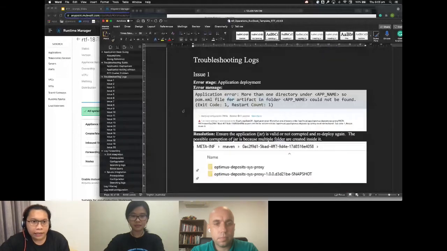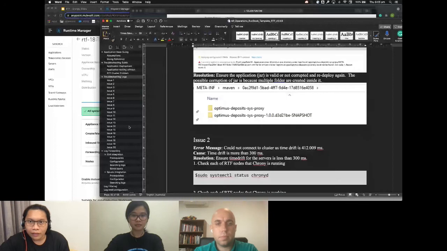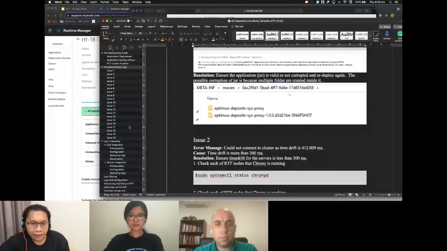So when L1 and L2 support face the same problem, they can refer to this log for the steps, the symptoms, and how to resolve. That is all the Catalyst runbook template, and it's quite helpful for you to operationalize RTF.